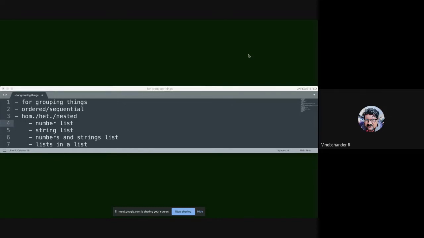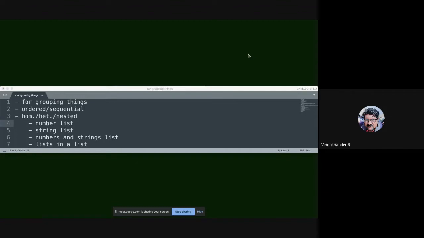Okay, so that is the main purpose of list. You group items together so that you can perform operations on it as per the requirement. That was point number one. Point number two: think of lists as similar to arrays in C, but here in Python it is much more dynamic. We'll talk more about the dynamic nature as we move along.